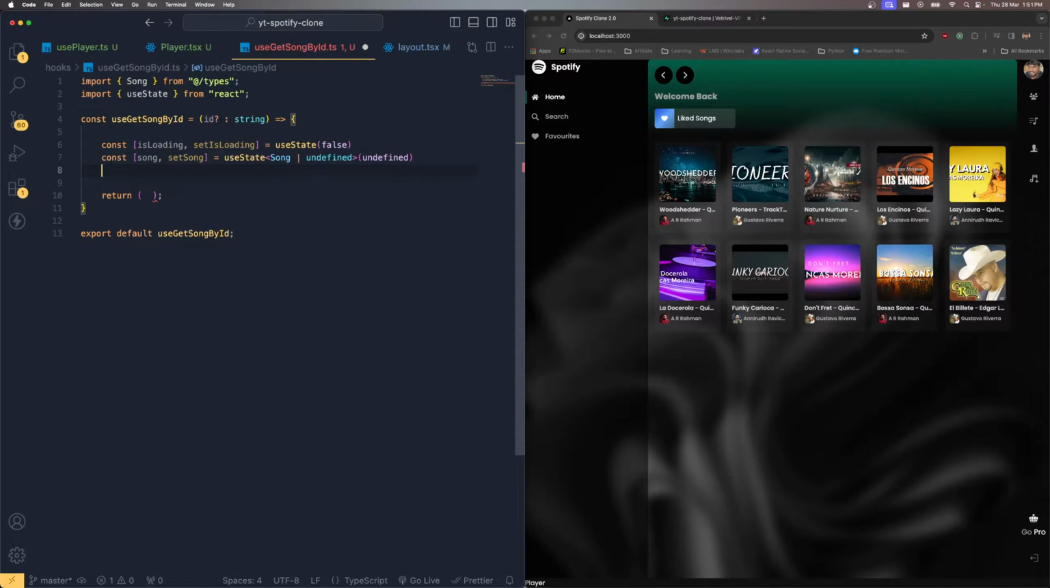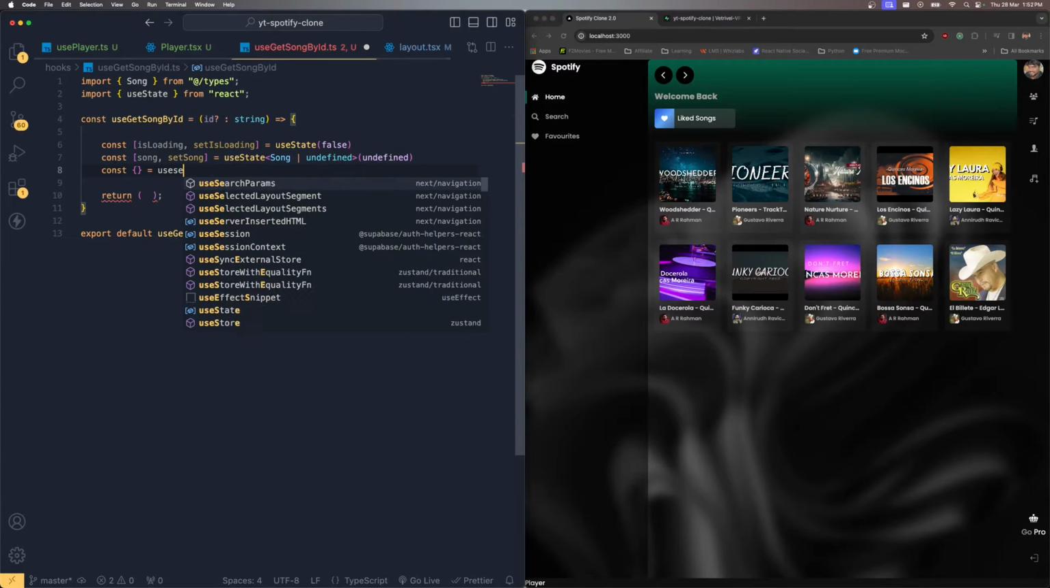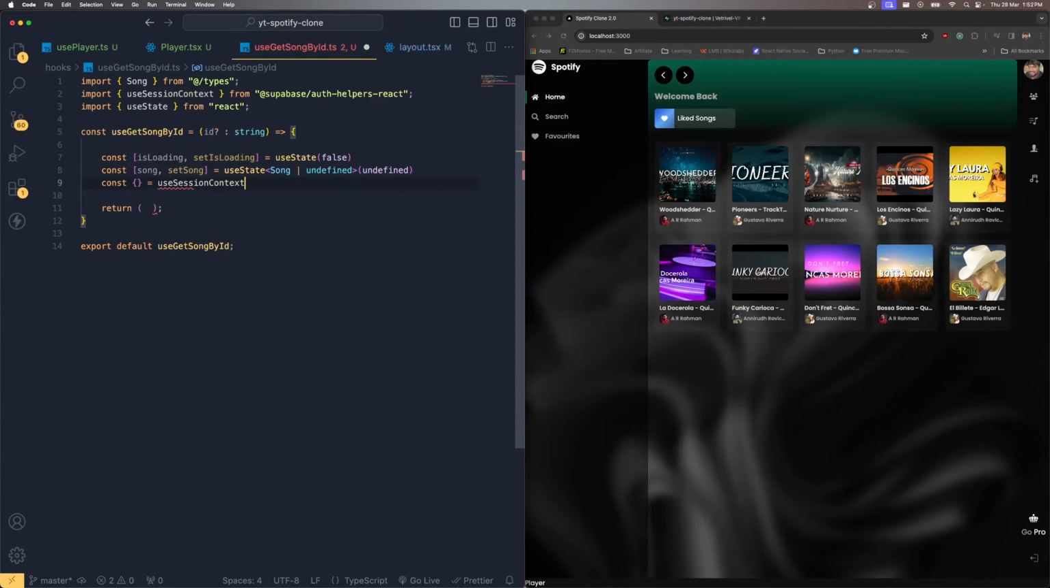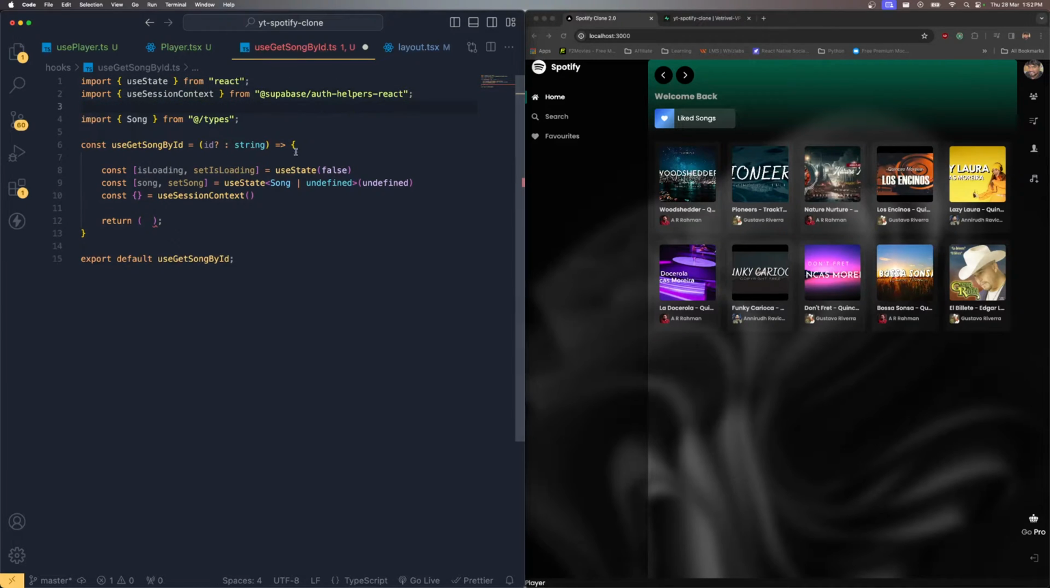Then I need to get the Supabase client, so I need to fetch the details. So const of useSessionContext, which is provided from our auth helpers React. So bring our custom type at the end, keep this in this ordered way, right? Then over here, I'm going to get the Supabase client. So using the Supabase client, we can fetch the details, and I'm going to get the useEffect hook